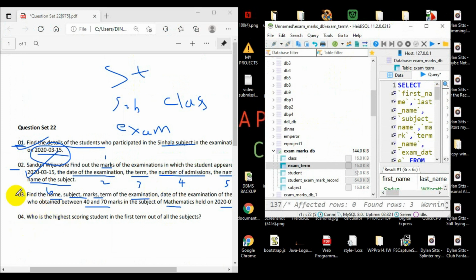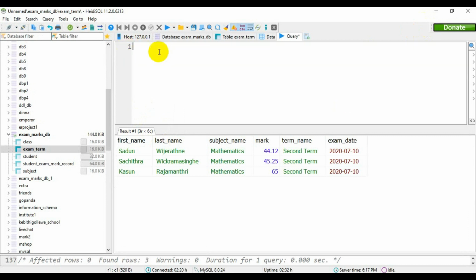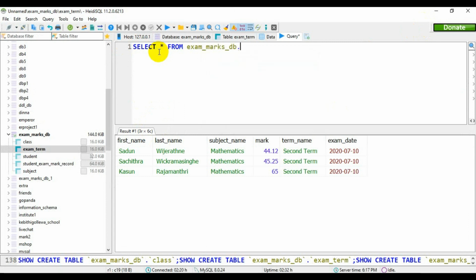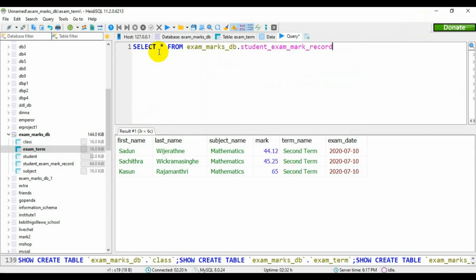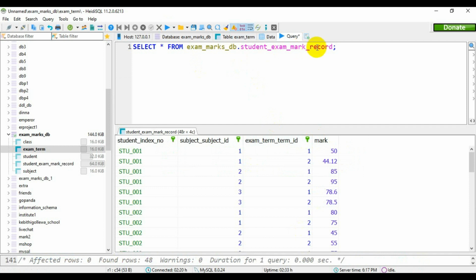So next, the last one is who is the highest scoring student in the first term out of all the subjects. Now, if you can remember, I did the same question in one of the previous videos, but in this case I am supposed to use only join queries. So exam_marks_db dot this table. First I'll get all the details of this table, then I'm going to join